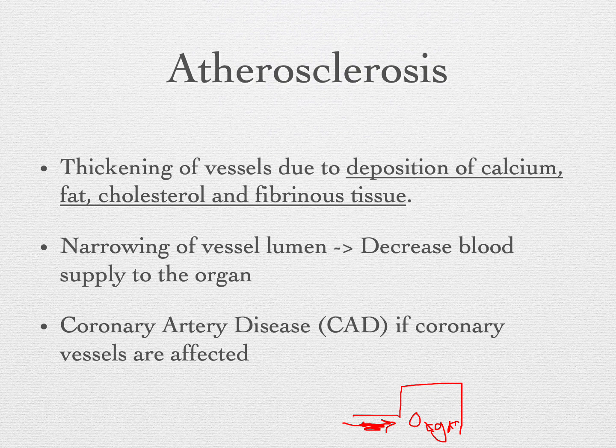A special condition to note is the coronary artery disease. Here the coronary vessels are affected, are atherosclerosed, and to recollect, the coronary blood vessels supply blood to the heart, and so coronary artery disease will result in a condition known as angina, which we will discuss in the next section. So here is a diagram to just point out the atherosclerosis. Here you can see the yellow structure over the vessel, and this is the parts of the tissue which have atherosclerosed.